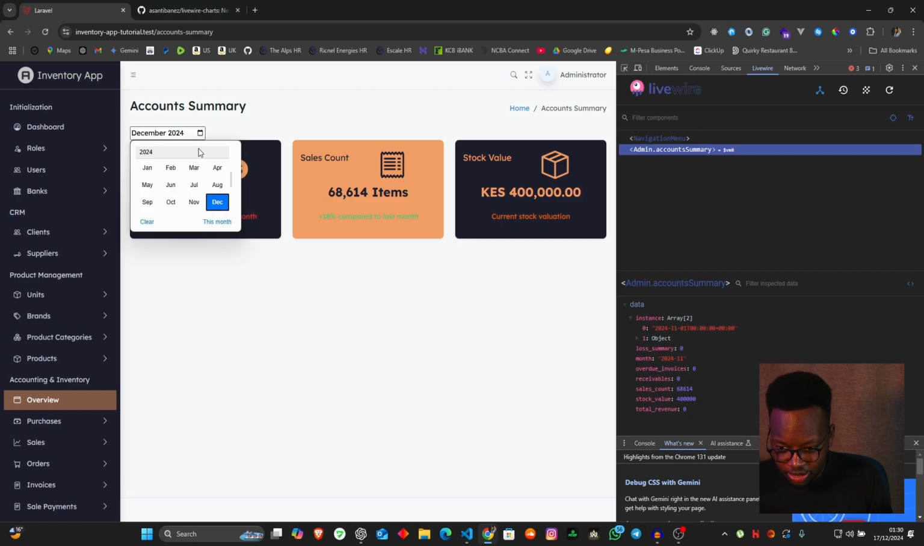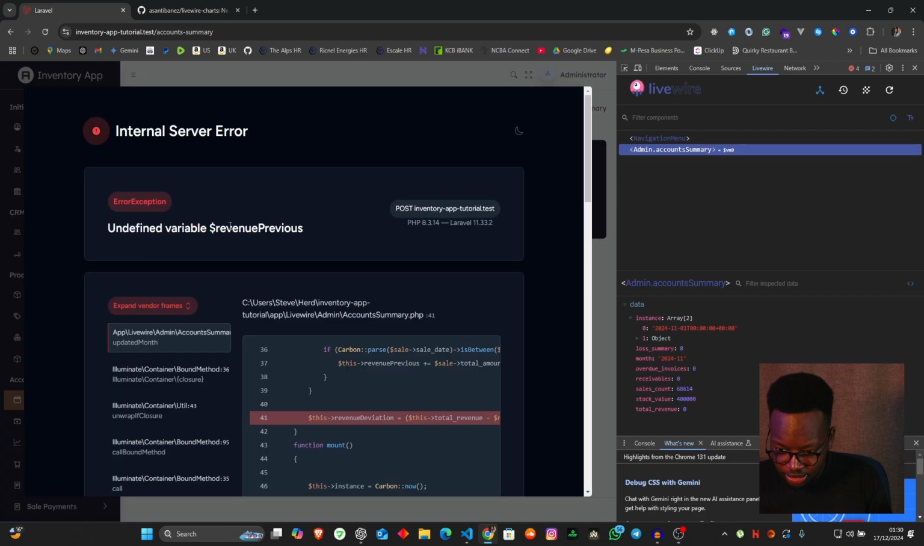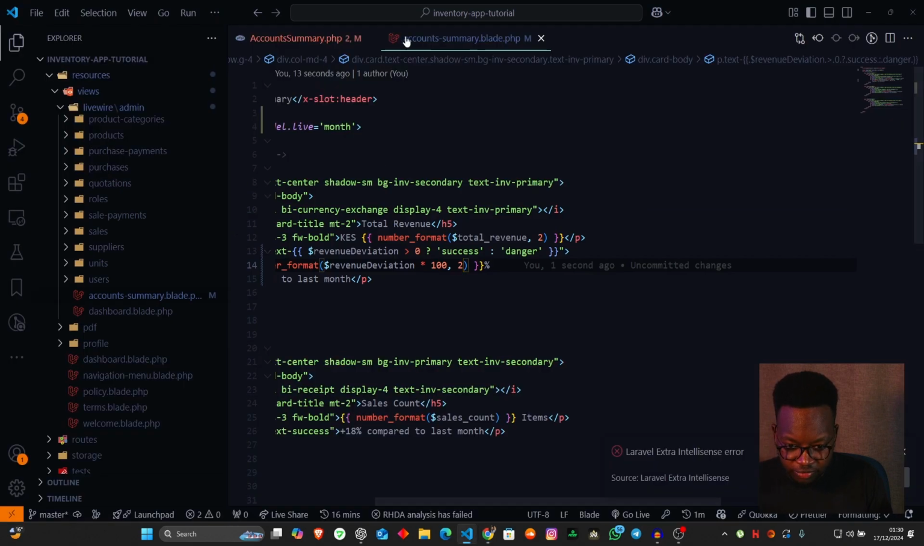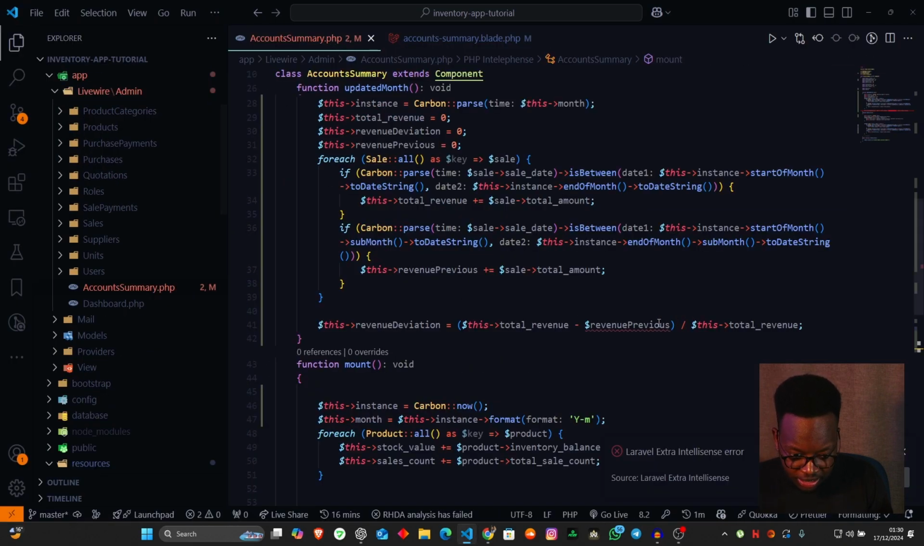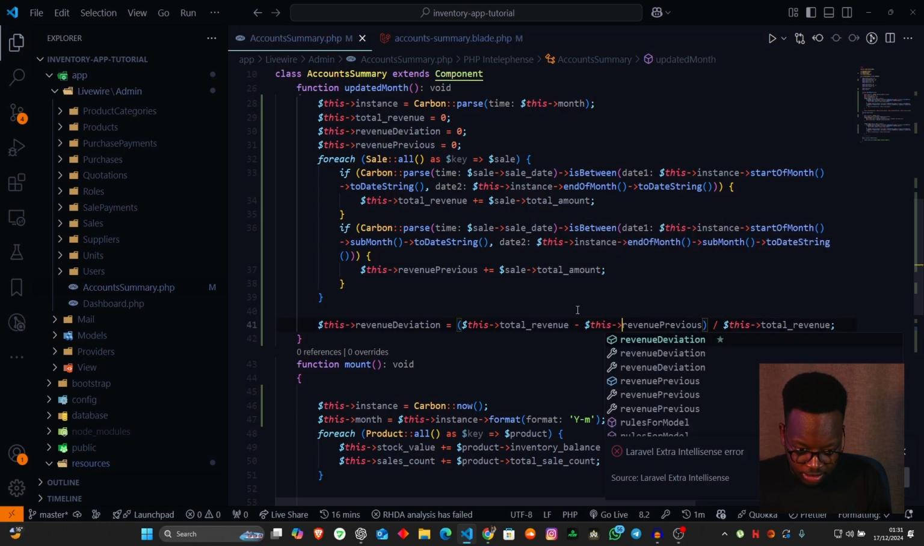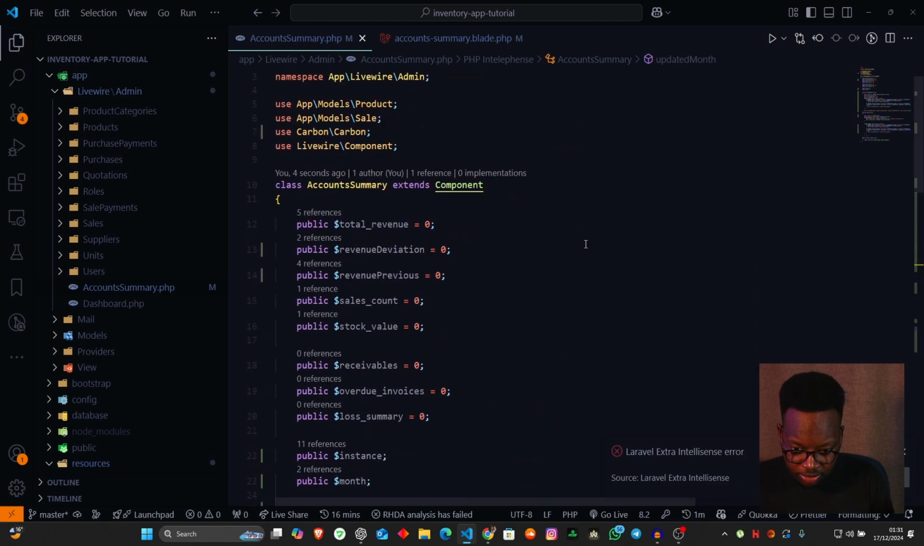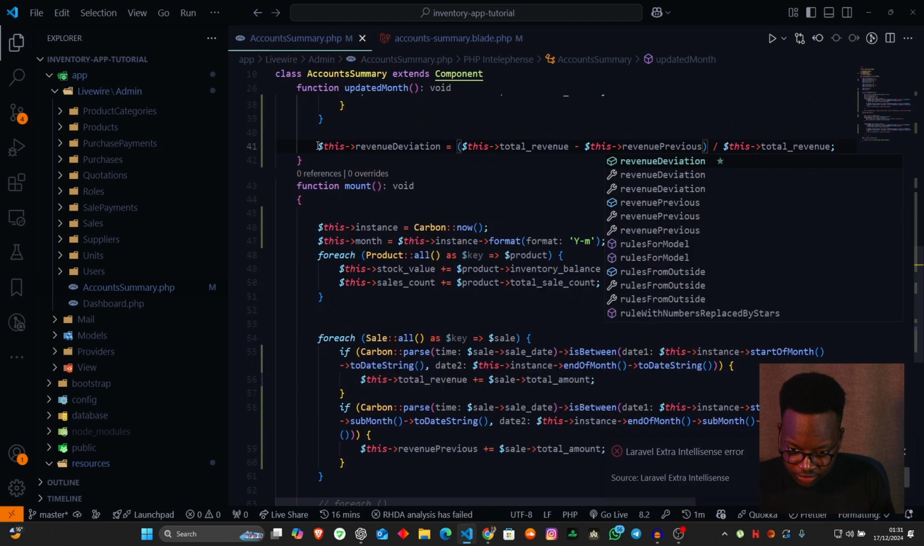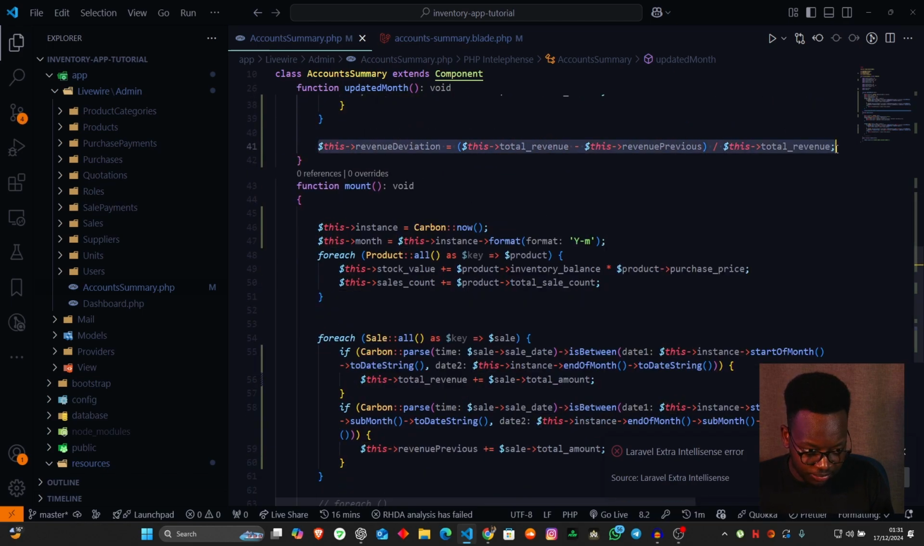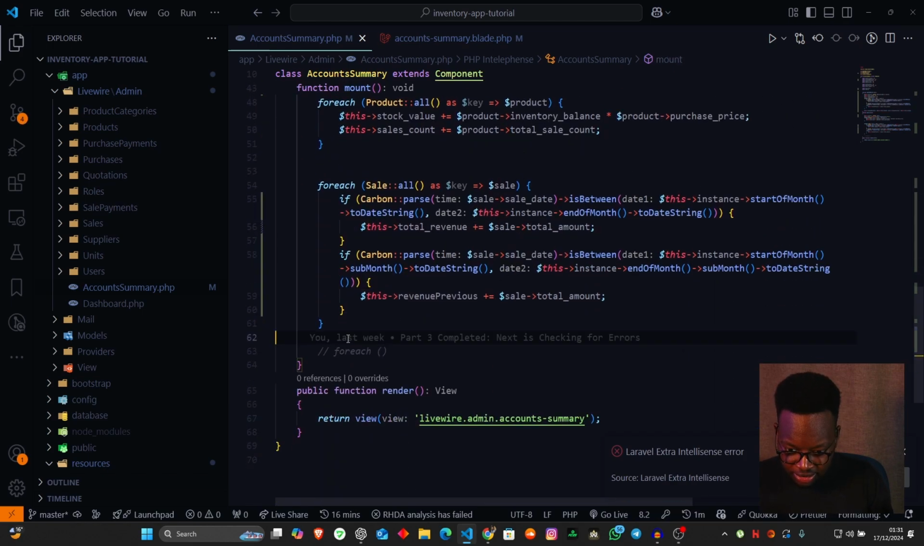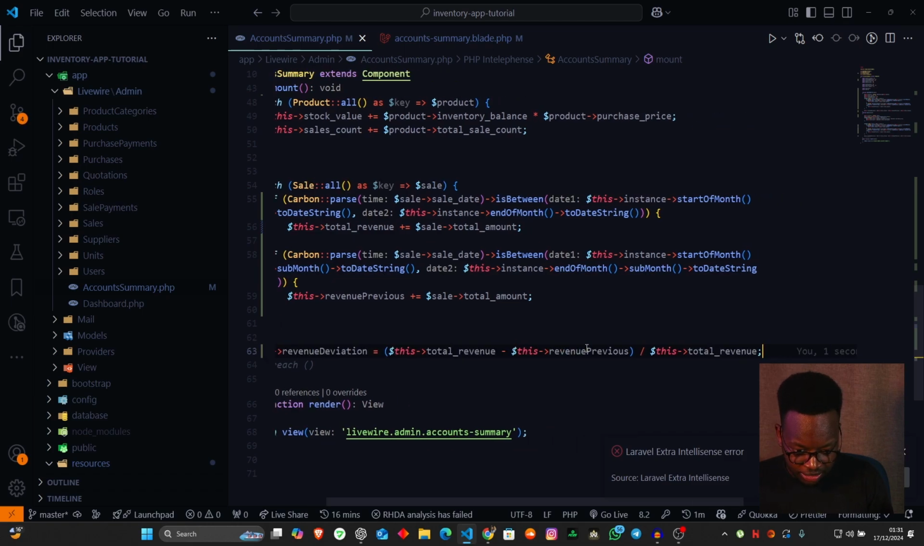If we come in here and do November, you can see undefined variable revenue previous. And the reason why we have that is because of this. So we'll come in here and say this, and there we go. And I think we'll be good to go at this particular point. So revenue deviation starts here. And we'll also put it inside the amount. So we have division by 0, which is